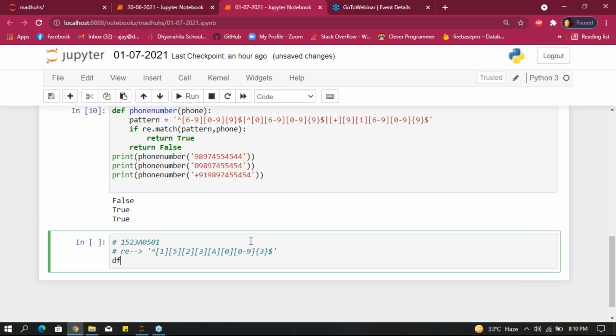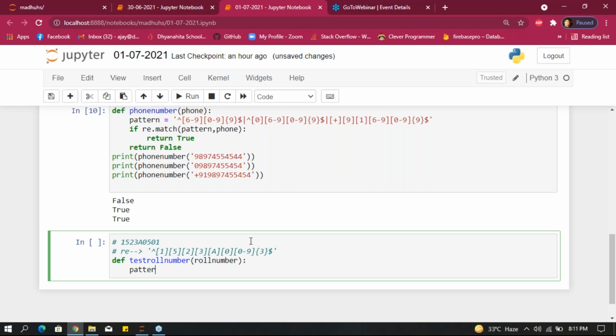Define a function, test roll number. I'm taking test roll number as a function, and the parameter I'm taking is roll number. After that take the pattern equals to this same pattern, guys. Same pattern.